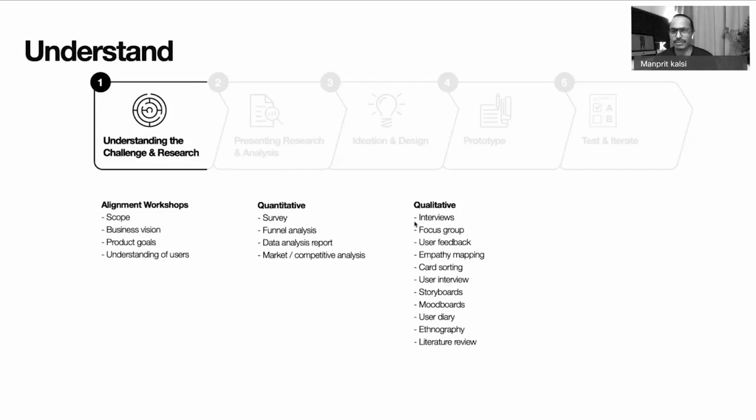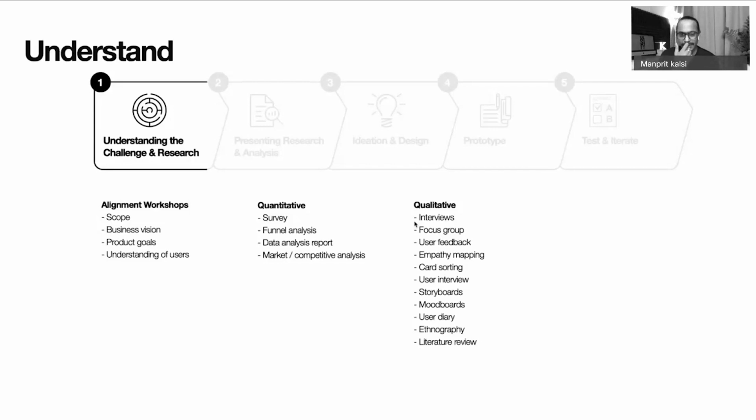So I'll talk more about these, what are the other things also that we do at a very high level, and I'll not deep dive into any of these. After that I'll get into the quantitative part, and there we'll try to create one survey. Okay, so from qualitative we did one, that was the interview in the last session, and in the coming session